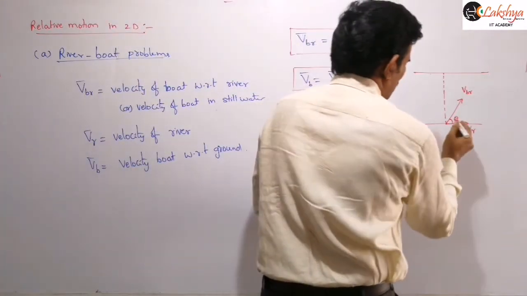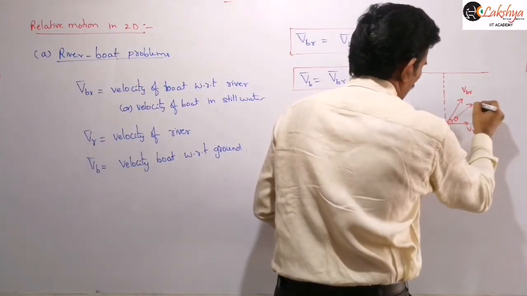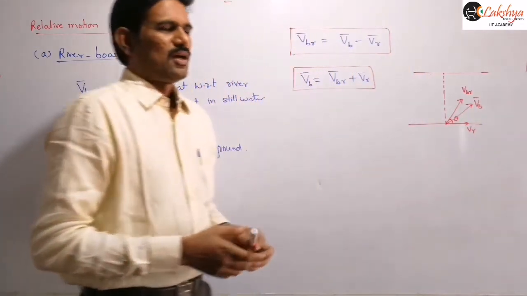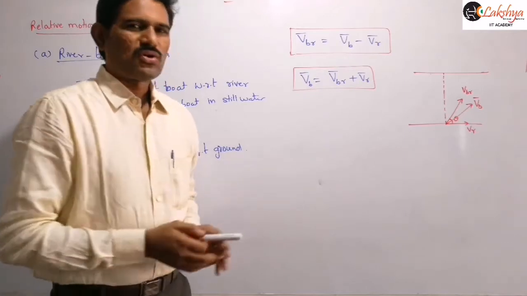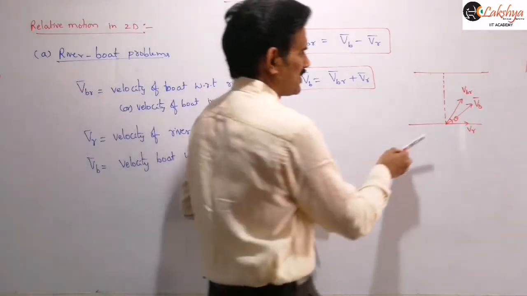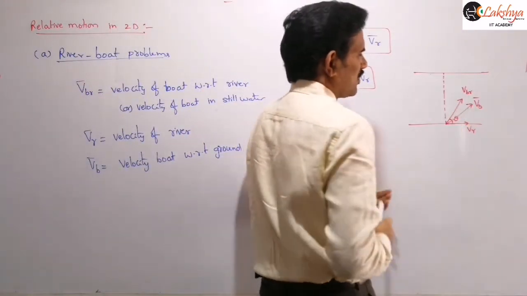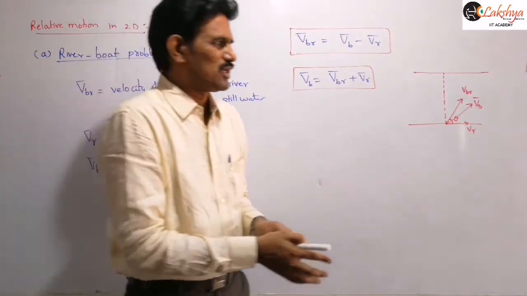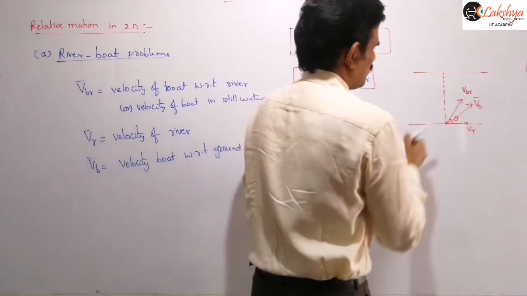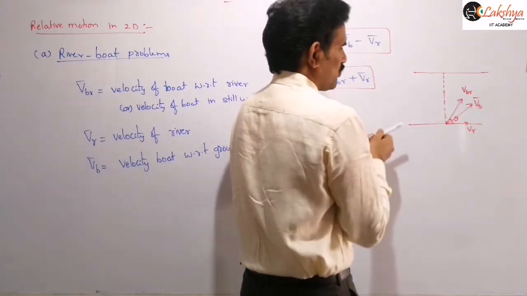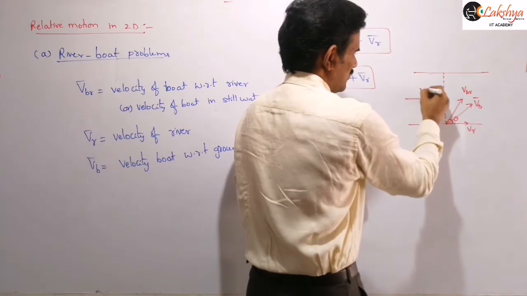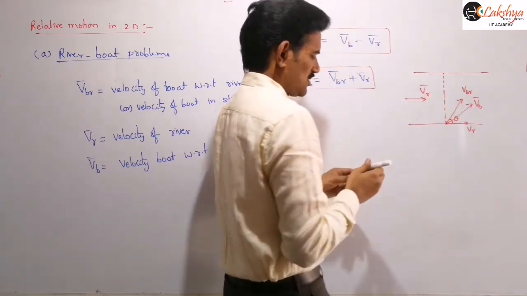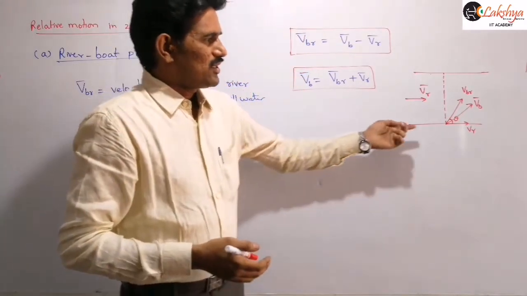And so now this VB, velocity of boat, will be along this direction here. That means for an observer on the ground, the boat appears to be traveling along this direction. Whereas for an observer sitting in that boat, he feels that he is traveling along this direction. Here we are assuming that the river is flowing along this direction. This is the direction of the river here. I mentioned water is flowing along this direction. Alright? So this is the case here.